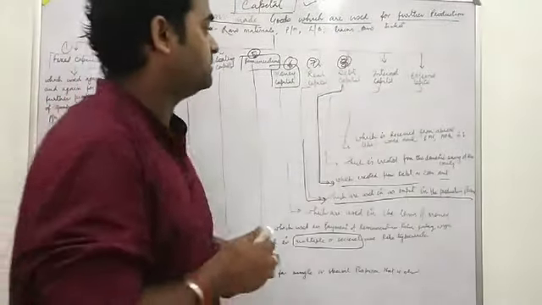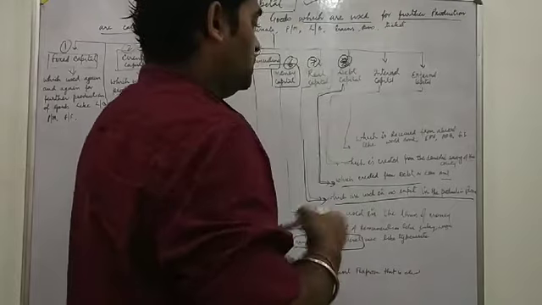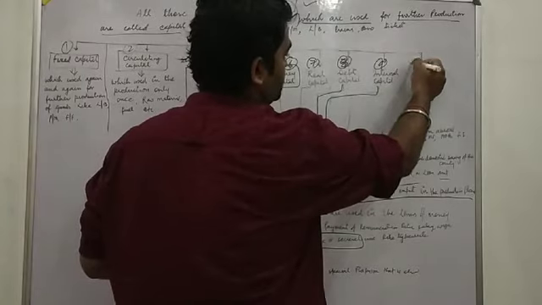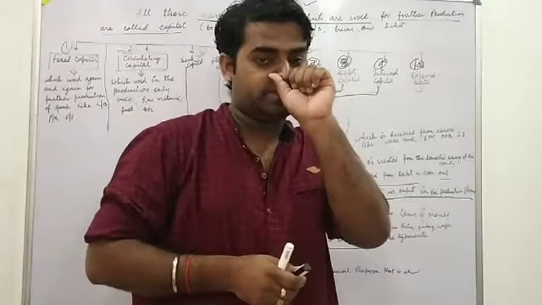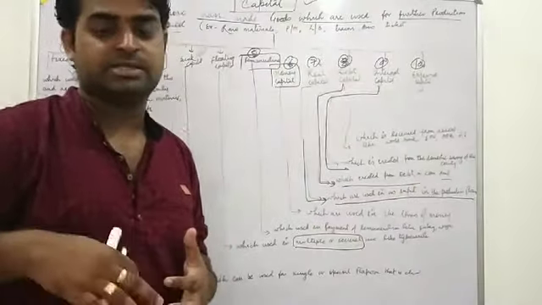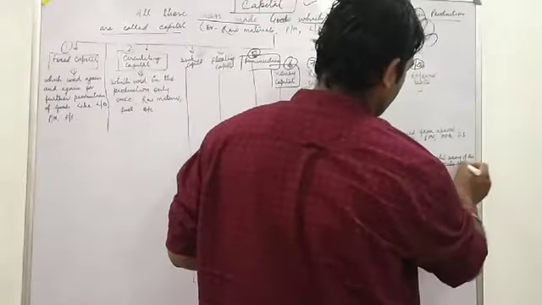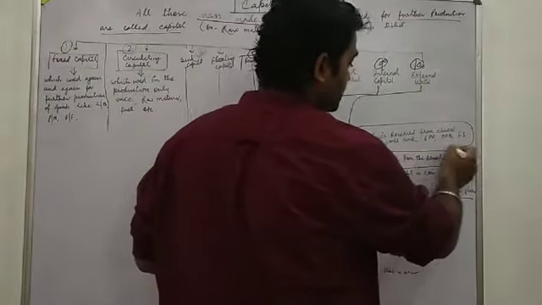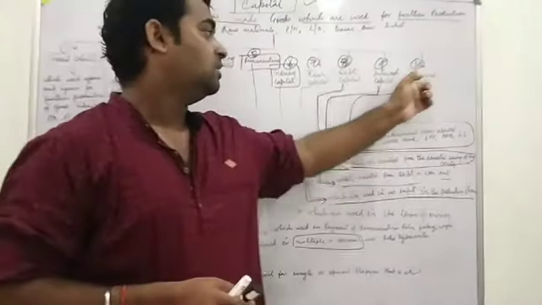Next, internal capital. Okay, internal capital, it's point 9 and the next one is 10. Internal capital, which is created from the domestic savings in the country, that is called internal capital. Internal capital, domestic savings. External capital, which capital is received from abroad, like foreign countries, that is called external capital,